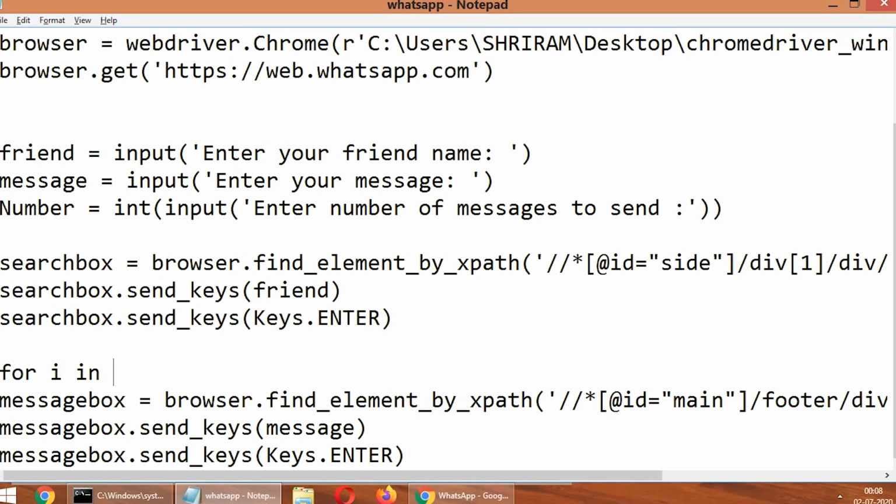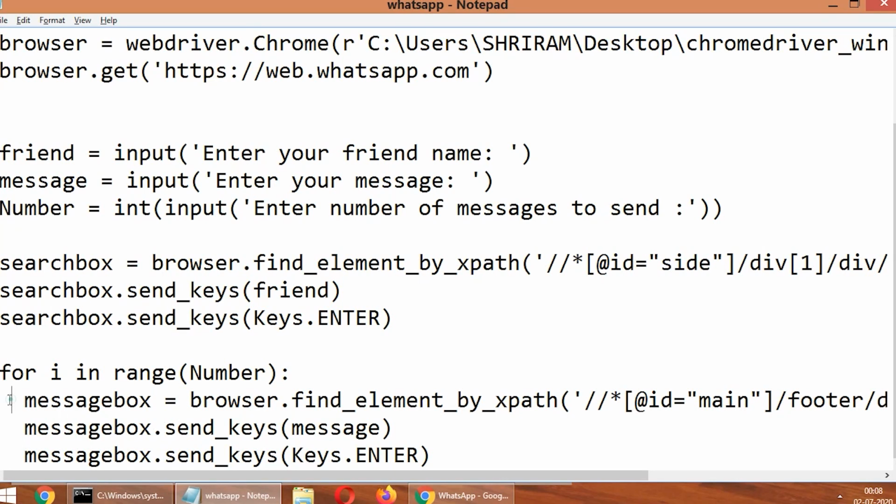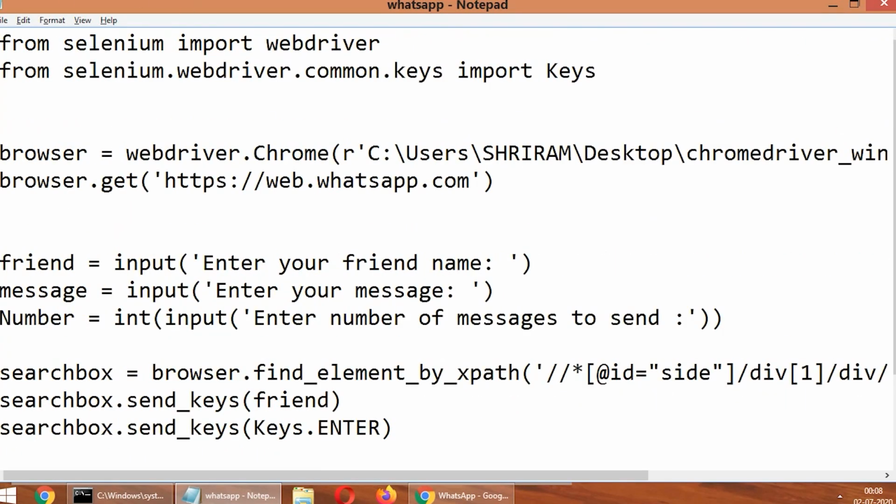For i as a loop variable in range. Inside the range function, we are going to pass the number of times you want to send the message, right? We are going to pass that variable here. So I'm going to write this entire 3 lines of code in 3 indentation. 3 indentation in the sense 3 spaces. This is the for loop syntax for Python. So the code inside the Python for loop will come inside 3 spaces. Fine. Let me check. 1, 2, 3. Fine. I think everything will work properly now.